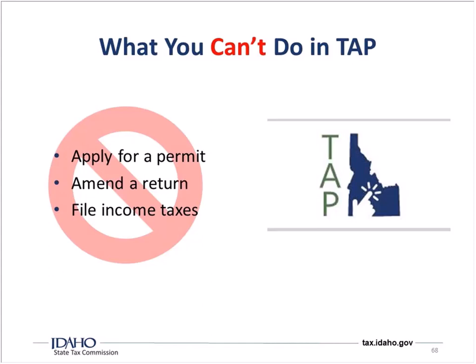Is there a specific link to that 850 form? Well, the first thing is you have to have the TAP account. Once you have a TAP account set up, you will see your sales tax account there. And when you go to that sales tax account and there's a link that says file your return, it brings up that form. You cannot get the 850 form online. We have to either mail it to you or you have to go into TAP and fill out the online version of the form there.